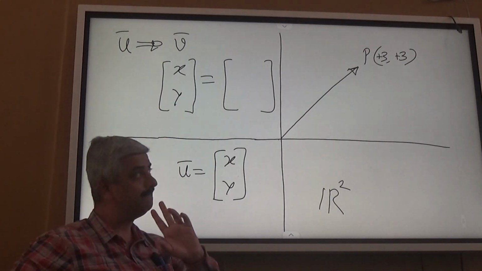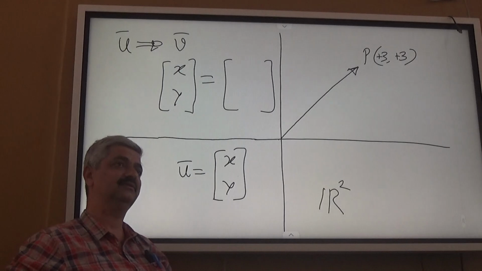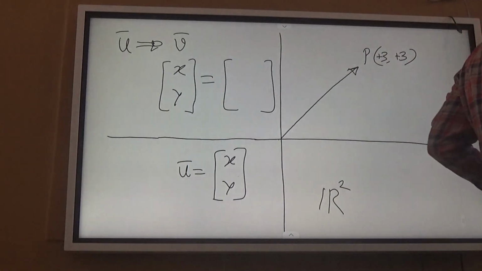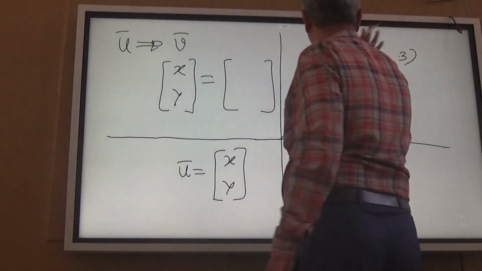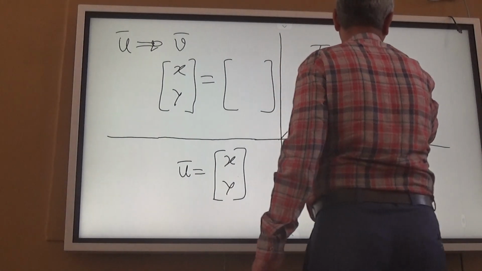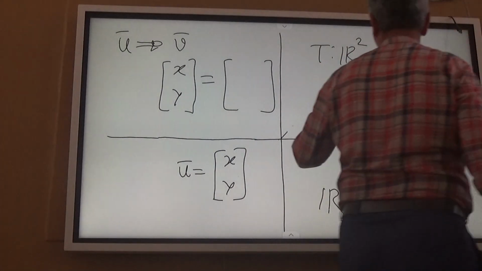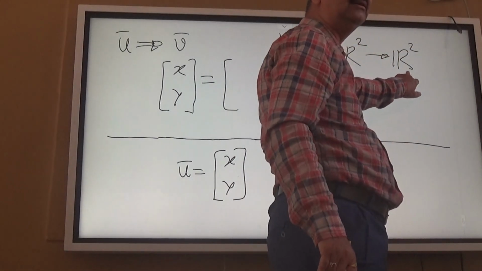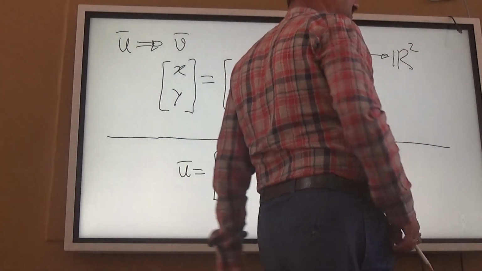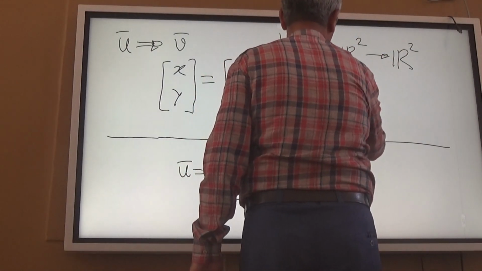So right now, what do we mean by linear transformation? We say mapping T from R square, what does it mean? Two-dimensional original space, two-dimensional transform space. What is that? T, the given vector x, y